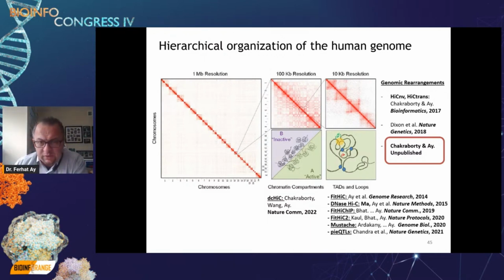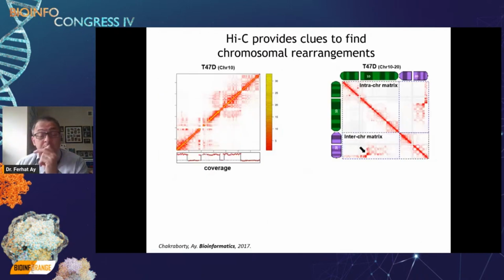So as I mentioned, we can go back to these Hi-C maps or contact maps, and then go after patterns that are unexpected or abrupt, or that are not explained by the regular 3D folding. So when you look at this, you may realize that some regions are more faint and some regions are more stressed. And then when you look at the coverage, you will see a difference there. Overall coverage, essentially, marginalized counts per row or column here. And then on this side, this is a cancer cell line, breast cancer cell line. And then on this side, what you can see is